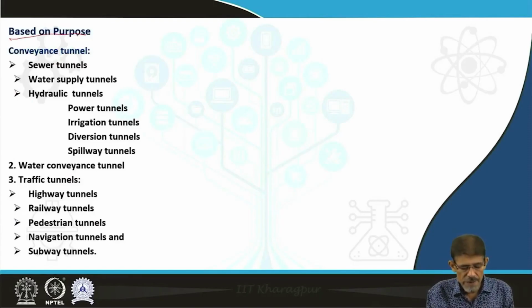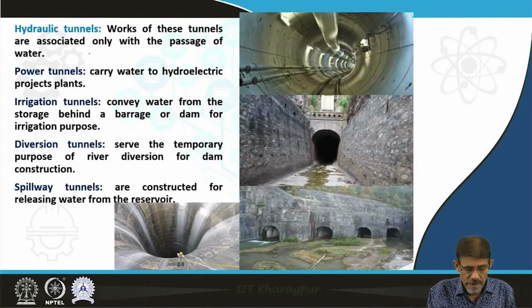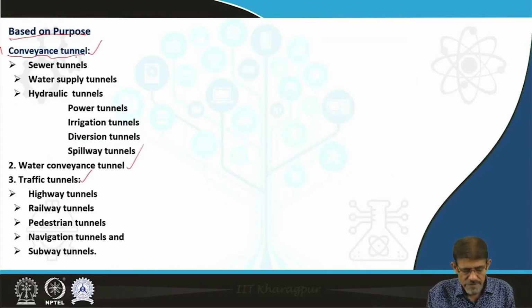Based on purpose, we can broadly categorize tunnels as conveyance tunnel, water conveyance tunnel, traffic tunnel, and hydraulic tunnel. Concerned with the conveyance tunnels, we can categorize them as the sewer tunnel, water supply tunnel and